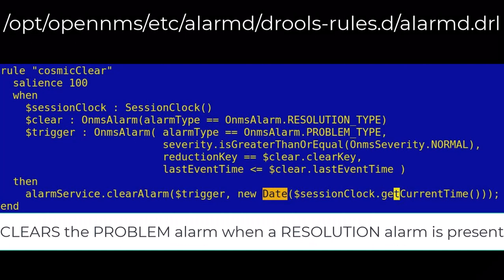The OpenNMS alarm DROOLS rules files are stored in opennms_home/etc/alarmd/drools-rules.d. Most rules have a salience. The higher the salience, the higher the priority in executing the rule. The cosmicClear rule in